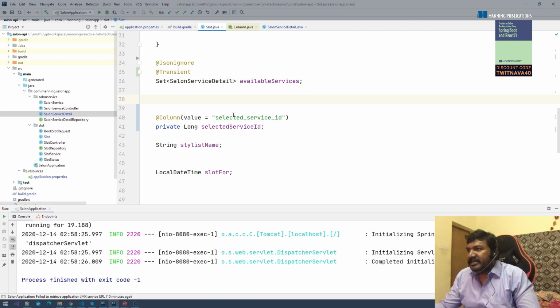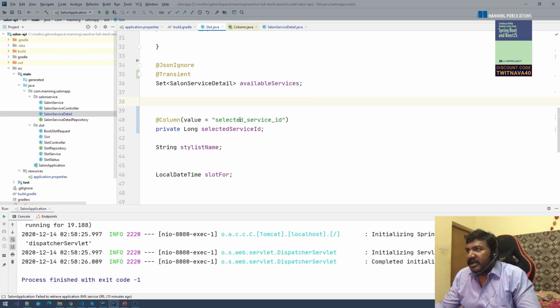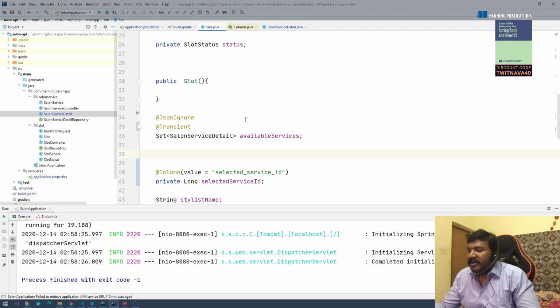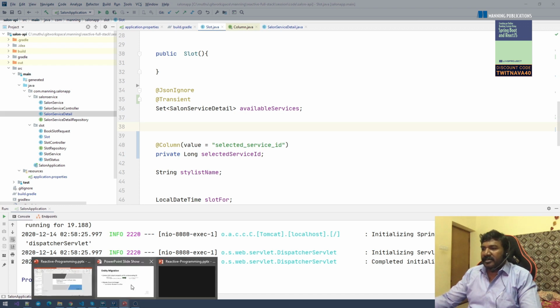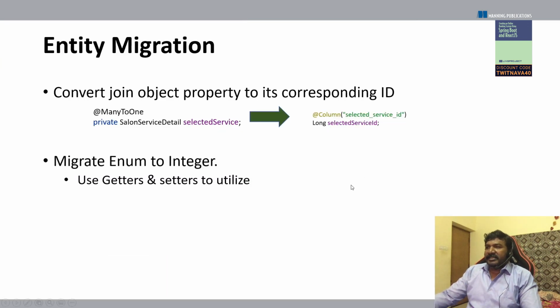So in our case, we have removed the join columns, removed the join annotations, and then removed the objects related to that. Rather, we have just used the typical things. Okay, so the entity migration is done, and then if there is any enum, we might need to migrate it